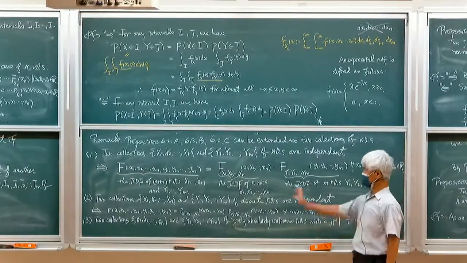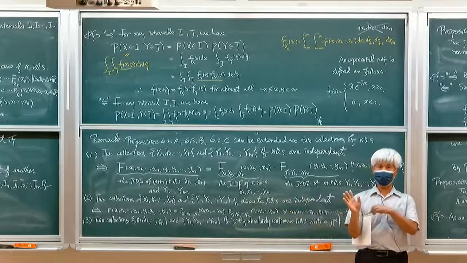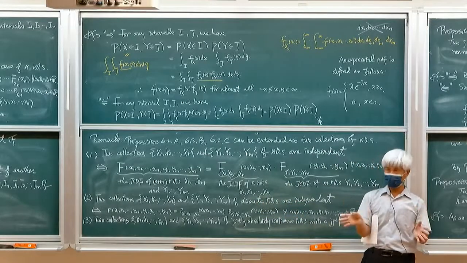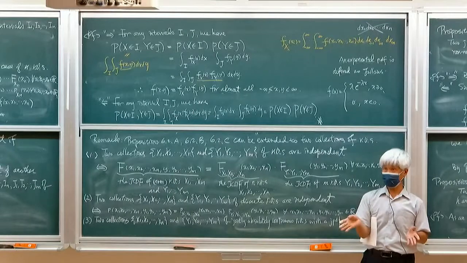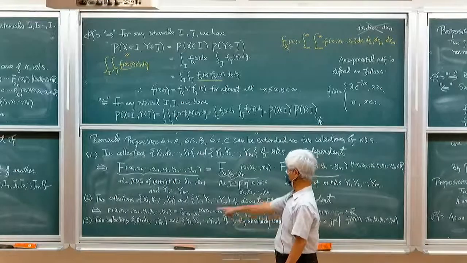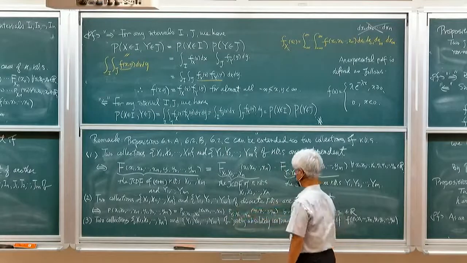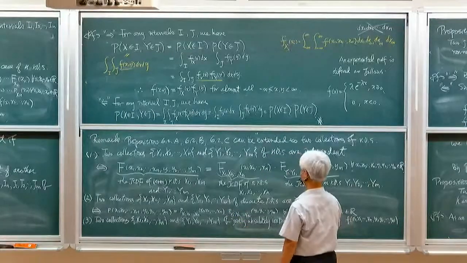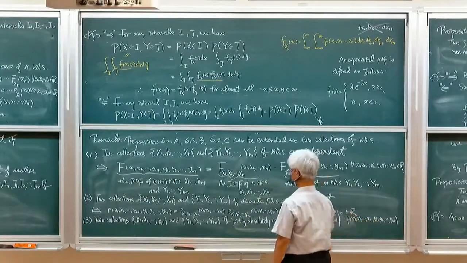So these n plus m random variables are jointly absolutely continuous with this joint PDF, and these two collections are independent